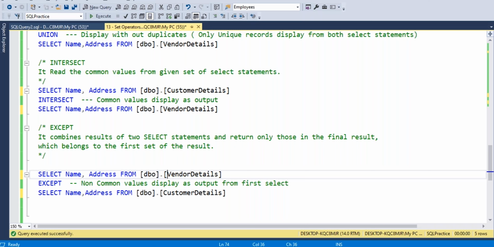So in real time, we can use UNION ALL, INTERSECT, and combine multiple results into a single result set. We can combine these two results into one table, and we can use that table with join conditions also. We can apply filter conditions, GROUP BY, and HAVING conditions. Depending upon the scenario, we can write queries in multiple ways by using set operators.